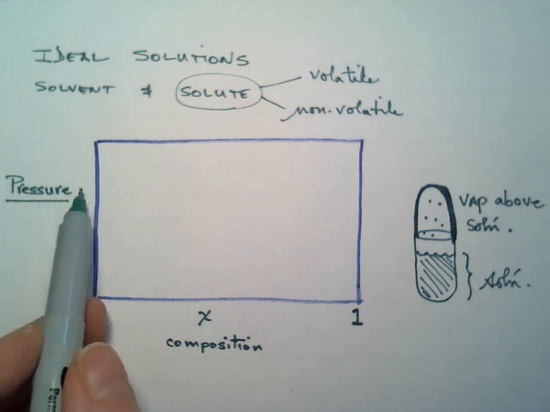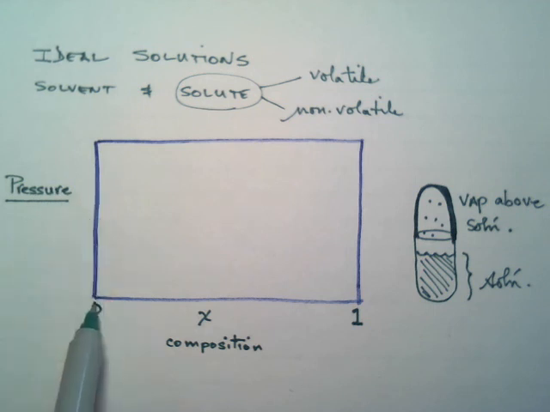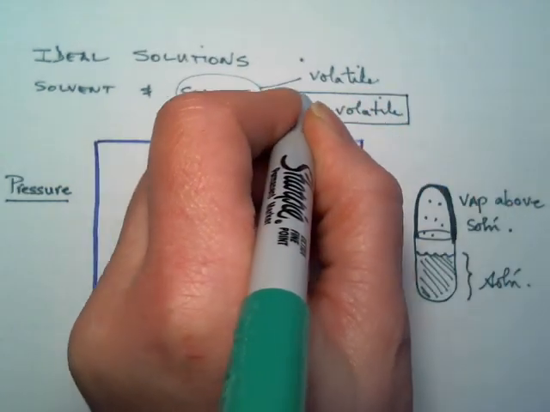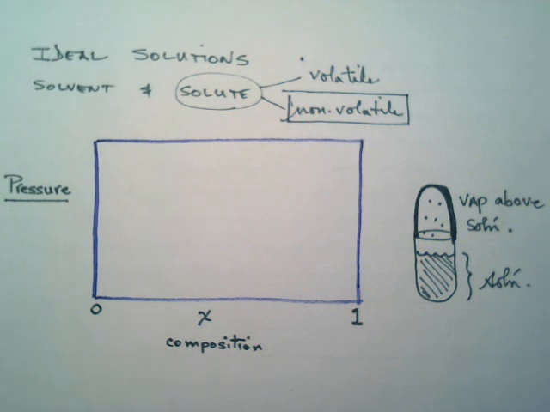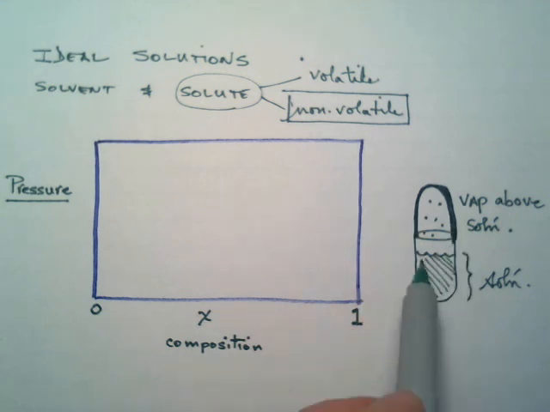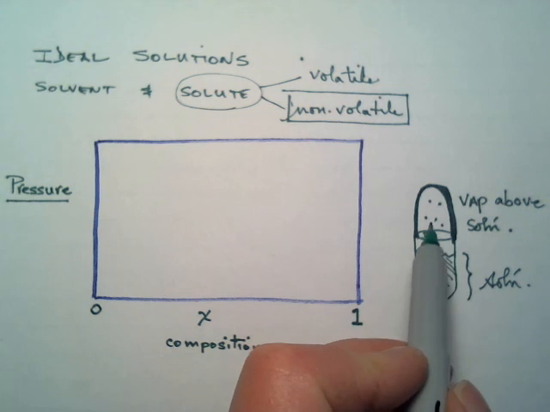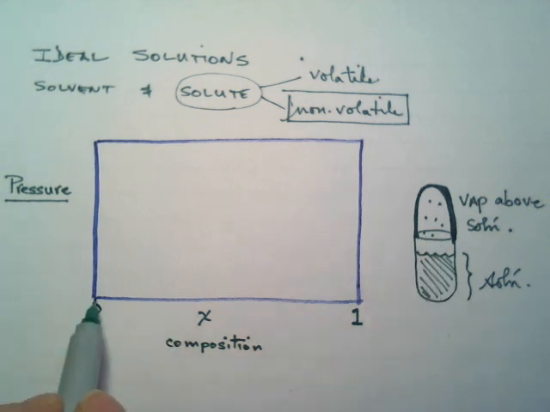Now, the vapor pressure will be 0. Let's back up a moment. Let's consider first that I'm talking about a non-volatile solute. So alone, it doesn't have a vapor pressure. It's like a powder. So I had a solvent, I added some powdered solute to it, I mixed it up. It's a clear solution again, and I still have some vapor pressure above the solution. Clearly, the molecules in that vapor are not from the non-volatile solute, but rather the volatile component, which is the solvent. And so my pressure, which is the vapor pressure above the solution, is going to be 0 when I have no solvent present,